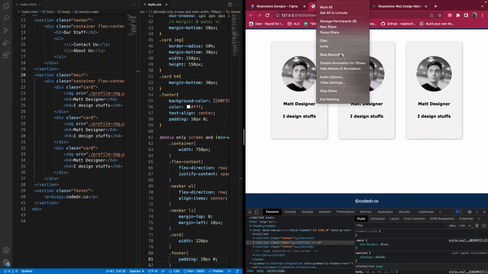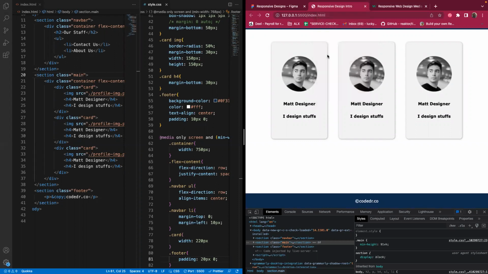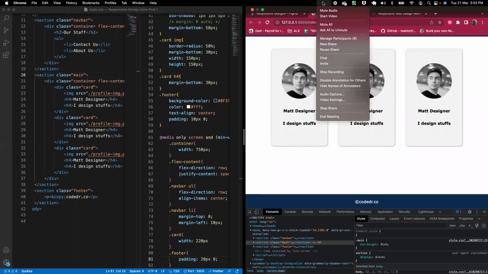So any other question? How do you see the mobile view? Where do you click? And also